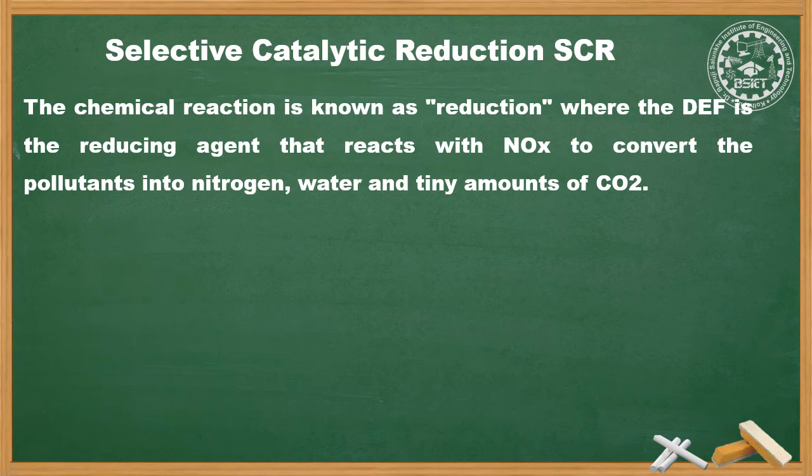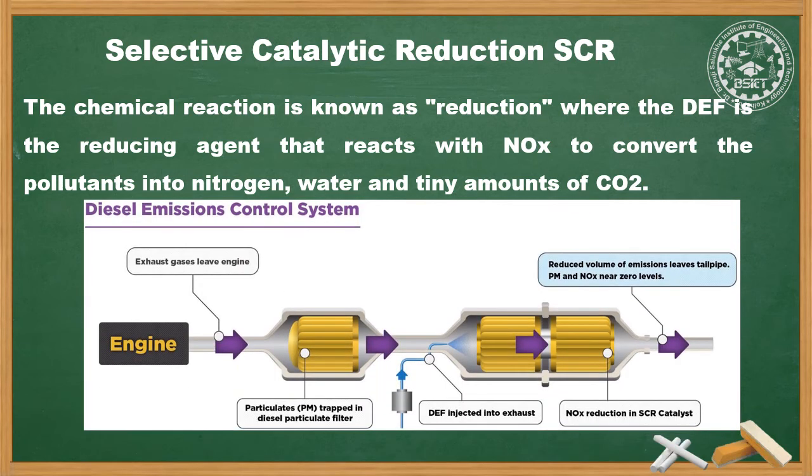A nitrogen based reagent such as ammonia or urea water solution is injected into the ductwork, as shown in the figure below, downstream of the combustion unit. The exhaust gases coming from the filter are mixed with the reagent and enter the reactor unit consisting of the catalyst. The hot exhaust gases and reagent diffuse through the catalyst.